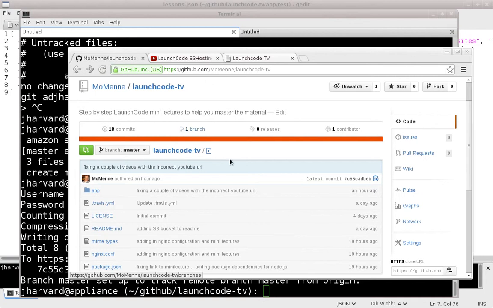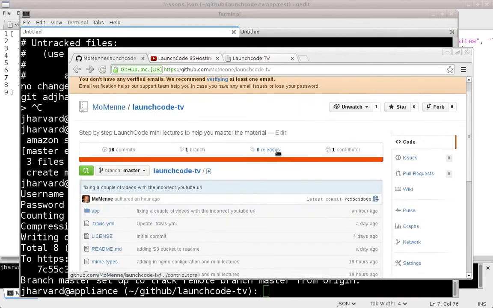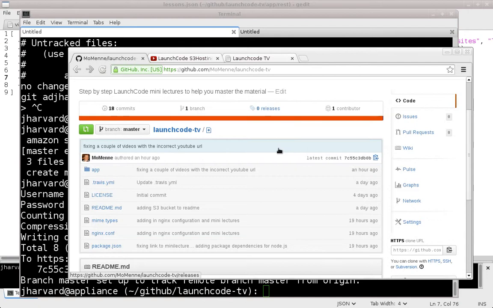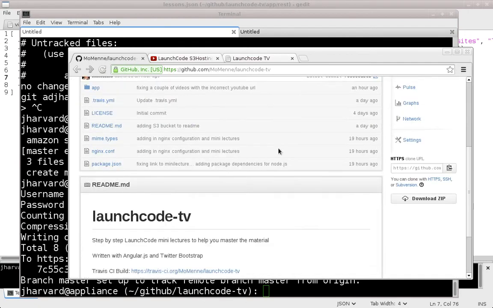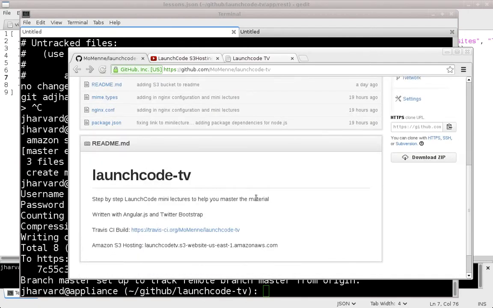Now, since I was logged into my main account, I didn't have to create a pull request, but you would just simply create a pull request, send it to me, and then usually I keep a pretty good eye on it, within a couple minutes I'd see it, I'd integrate the pull request, and then Travis CI would just go ahead and give us an automatic build and refresh the